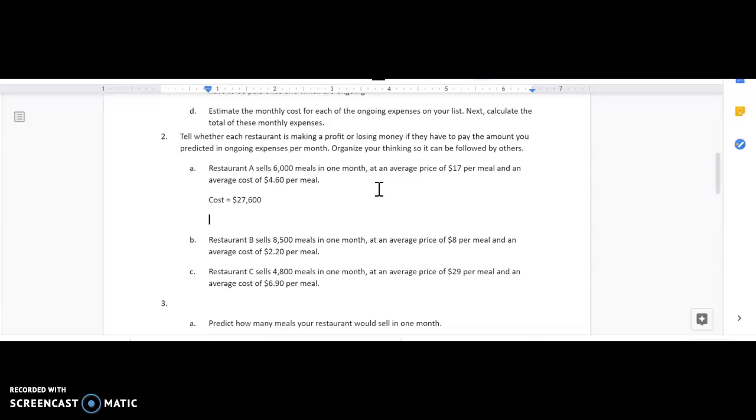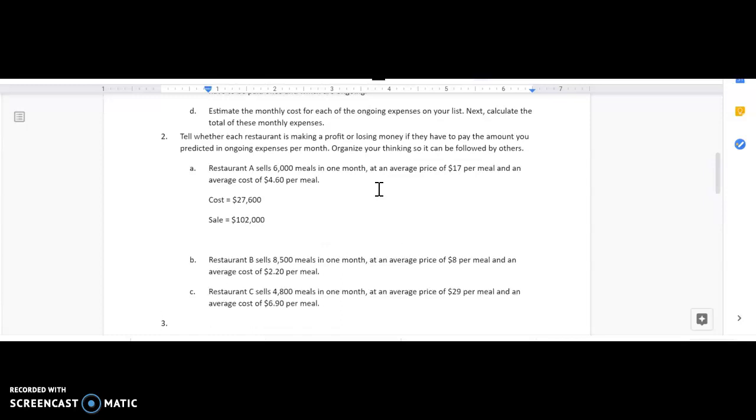So we're going to take $17 and times that by 6,000, which gives us the sale total, which equals $102,000. Now, to tell me what the profit equals, we're going to take $102,000 and we're going to subtract